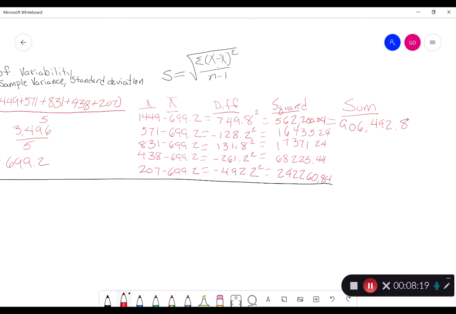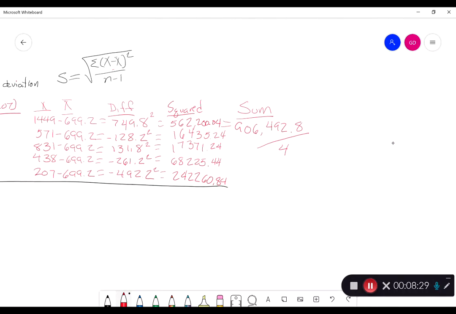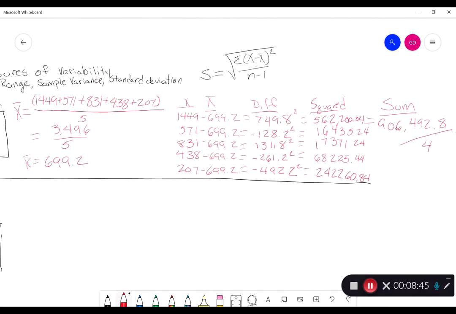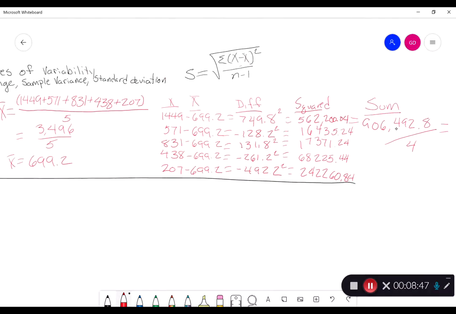For our denominator, n minus 1, keep in mind our sample size is 5. We have 5 cities. So we're going to divide this by 4. And we get 226,623.2. Now if you look at this now and you remember the equation for the sample variance versus standard deviation,